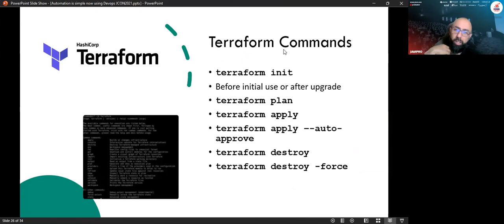The Terraform commands are actually very simple. You first have to run terraform init, which allows you to install the provider of the cloud. After this, for example, you're going to run the plan. The plan is going to show you the changes that are going to happen or be provisioned to your infrastructure. Either you can implement apply, which is going to run these changes to the cloud, or in case you need to destroy the changes, then you have to do terraform destroy.